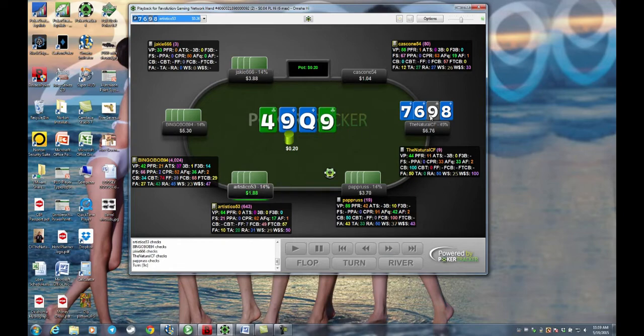Now I suddenly have trips. Problem is I don't have a very good kicker. And in Hold'em, this is a hand that you're probably never going to fold. But in PLO, you have to worry. There's 16 other cards out there. Does somebody else have a random 9, the rule of collateral, with a better kicker than I do, or maybe with a 4 or a queen and a full house?